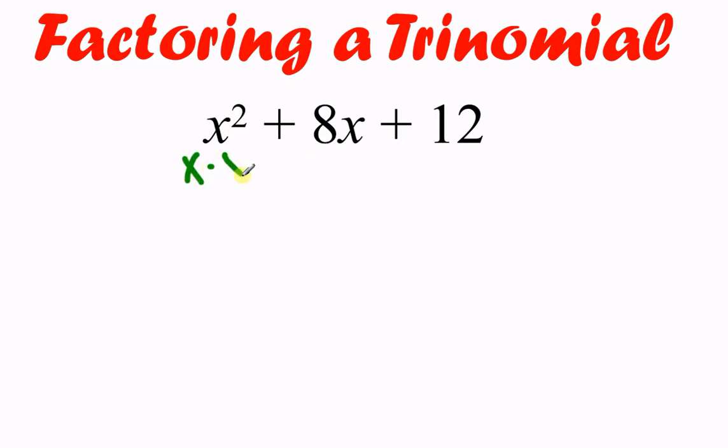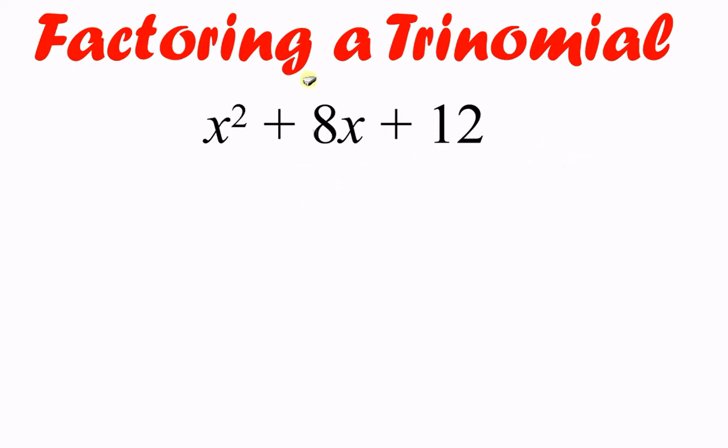This is x times x. This is 2 times 2 times 2x. This is 2 times 3 times 2x. Actually, no x there. So nothing is common throughout the whole thing. There's x's here and there, but not in the third one. There's 2's here and there, but not in the first one. So that won't do us any good. We'll have to actually look at this from a different perspective.